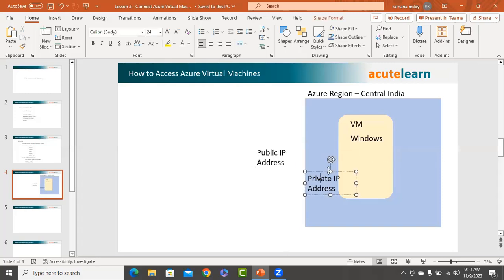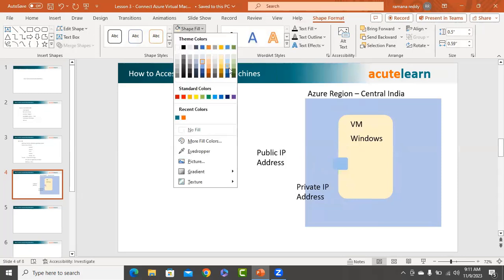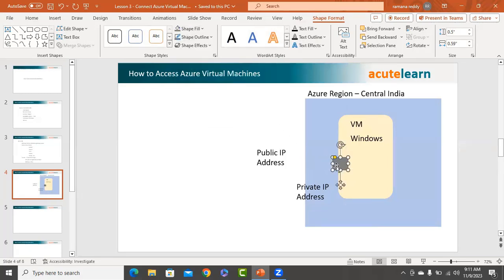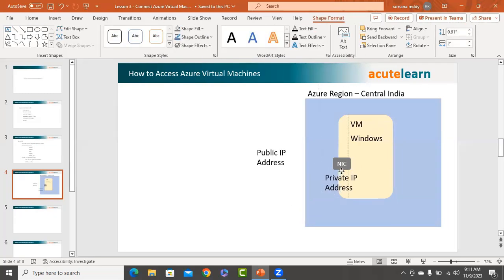Now what happens in this case is, Azure is going to have a NIC, a virtual NIC. So it is going to create a NIC for this virtual machine. Based on the VM size, it could be a 1 gig Ethernet card or a 10 gig Ethernet card. And it connects to one of the subnets